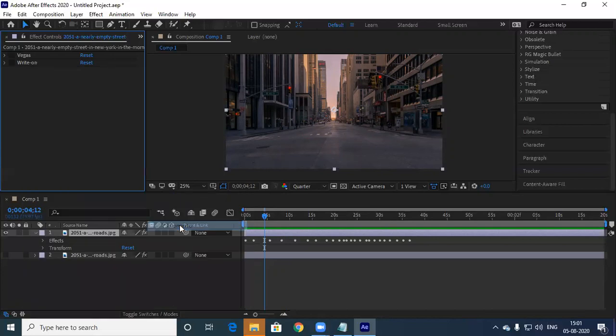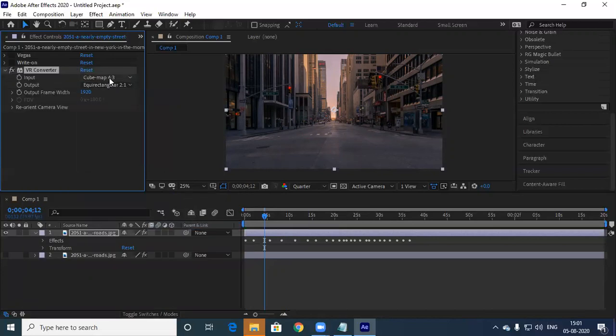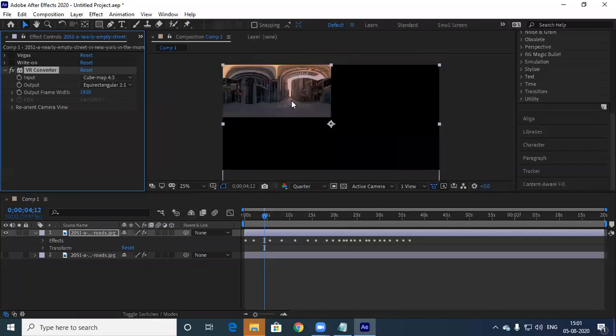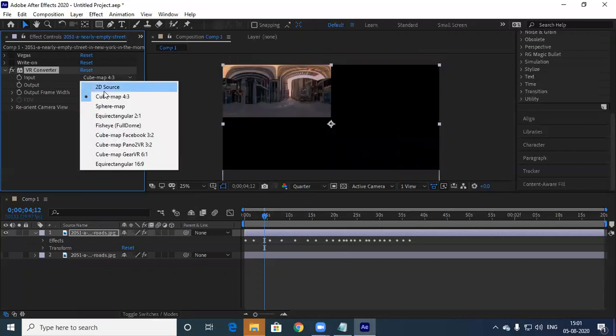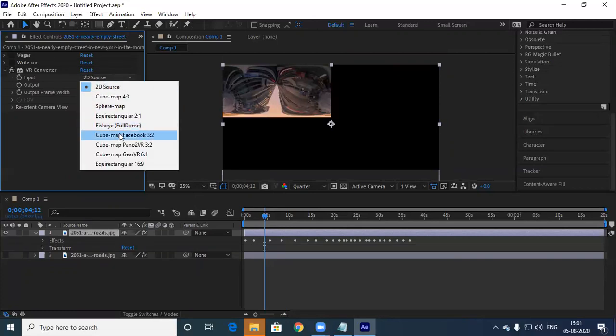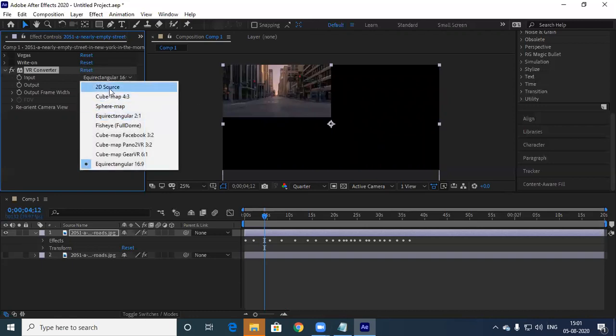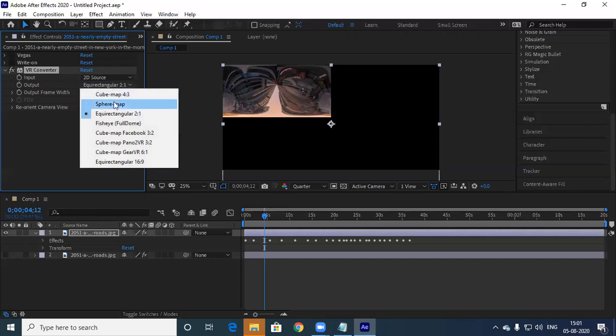So VR converter, if you have to go, there are two sources like this. Sixteen is to one. Input is one, output is another, like that. So this Gear VR means, you know, you get a VR box and all, right?